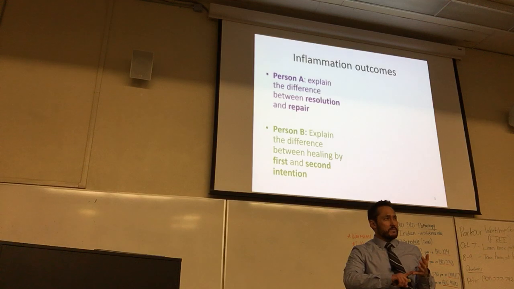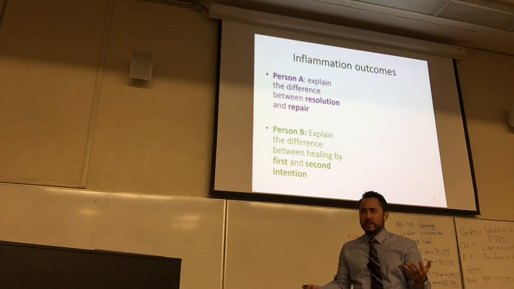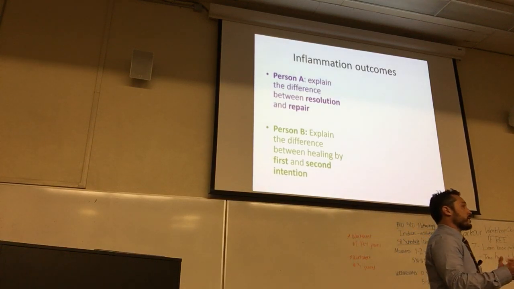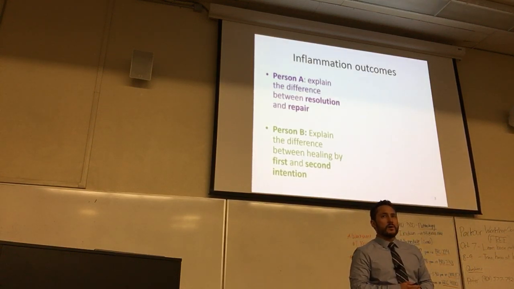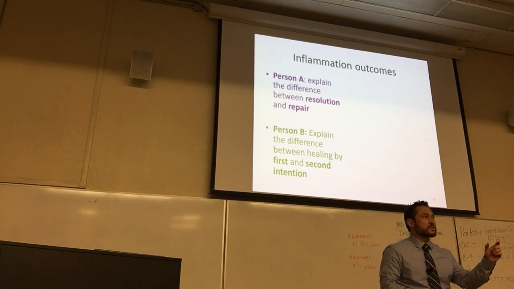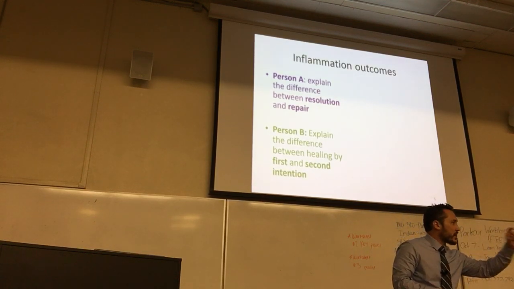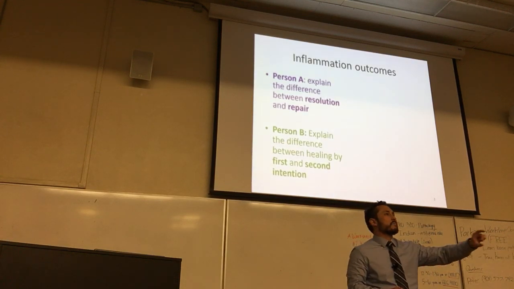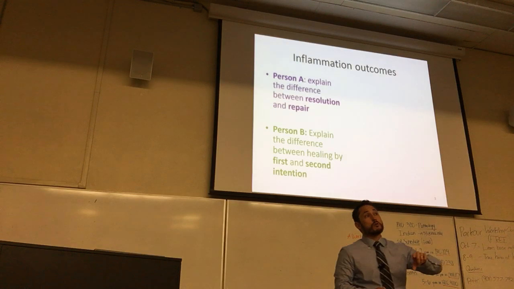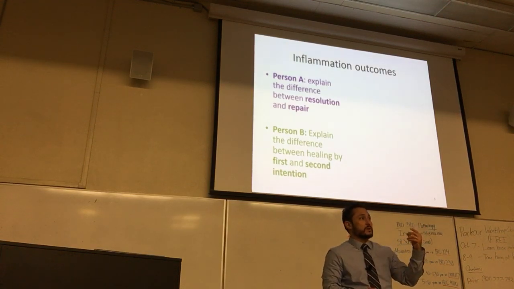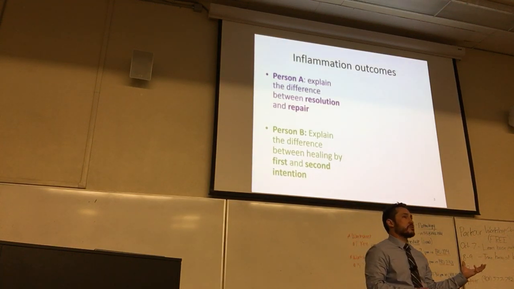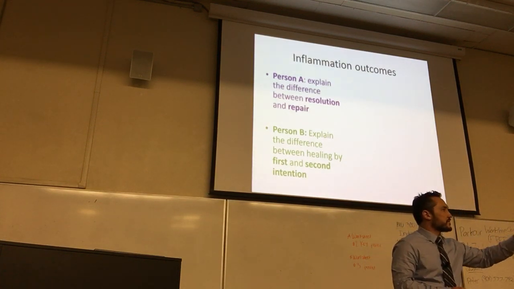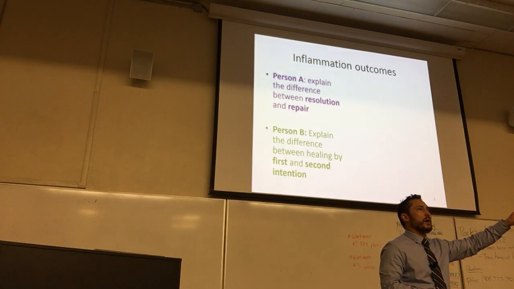But if we looked at the heart, and you hear this all the time, so-and-so had a myocardial infarction, a heart attack. We think they're going to do well, but we just don't know how much scarring there was. That's what the doctor said. What are they talking about? Well, if it scars, then there's a fibrotic region that no longer has contractile properties because it's not cardiac myocytes. Or in a stroke patient, that fibrosis, which is a gliosis, is what we call it in a stroke patient, same thing. It's not new neurons that grow back. It's extracellular matrix that fills the hole, kind of like filling the hole on a wall.